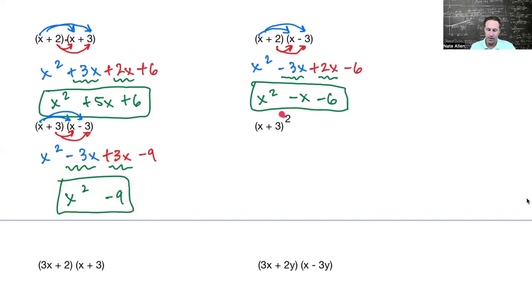Now, one thing you got to be very careful with, even when my calculus students are doing problems like this, they think that if it's squared, you just get to square each thing. But recall that anytime you have x plus 3 or anything squared, you have that thing times itself. In this case, twice. If it was cubed, it'd be 3 times and so on. So that means we actually have x plus 3 times x plus 3. So although some people would just square each thing and say it's equal to x squared plus 9,